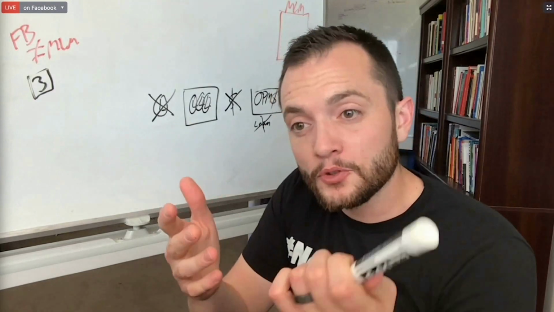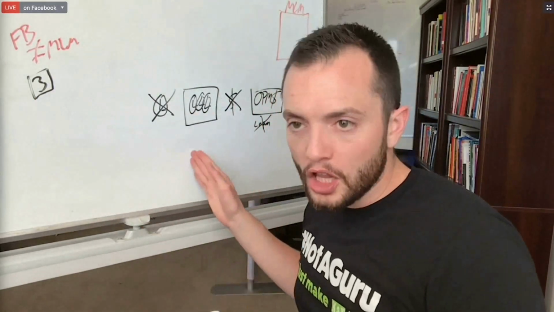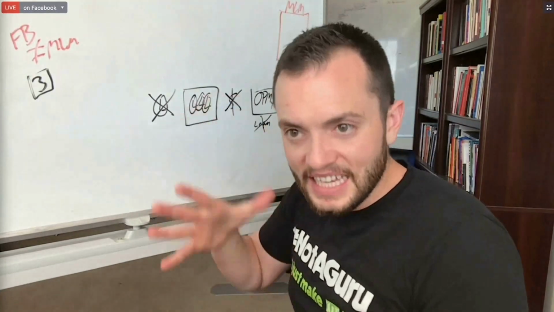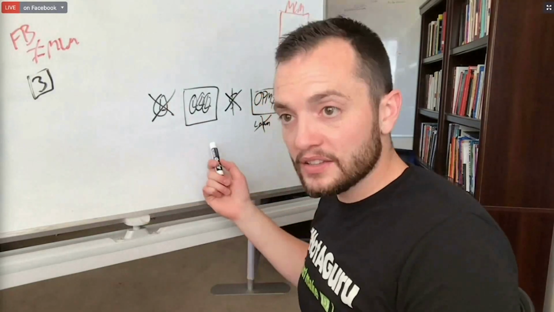Or let's say you have a Facebook group and you have a lot of relationships with them. Or let's say you have an Instagram following that's awesome and you have a lot of relationships with them. Whatever it is, it's a following and you have a relationship with them. You have a list, and the relationship you have with the list determines the value of the list. So I want there to be a relationship.